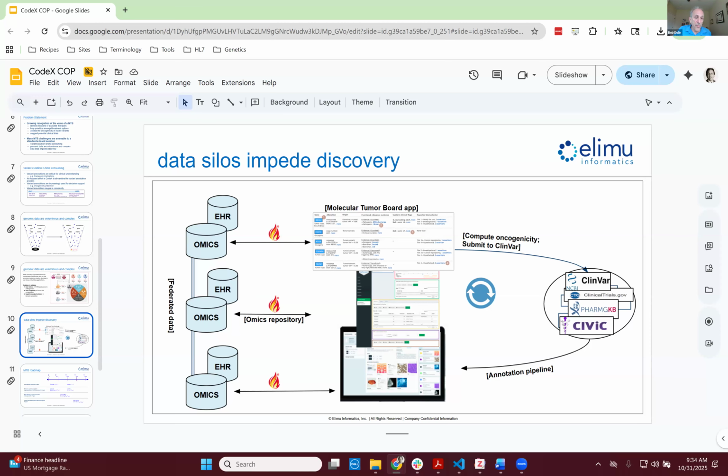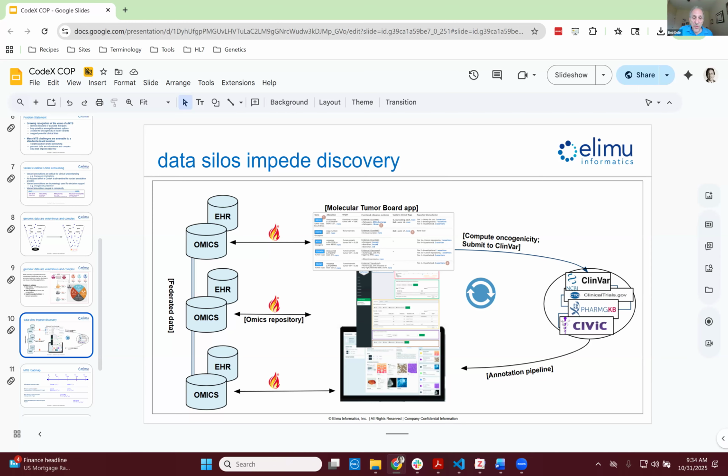molecular tumor board. Not only that, a lot of these omics repositories, and we've, for instance, experimented with omics repositories built on Amazon's Health Omics platform. It's quite possible to build omics repositories that are federated. So given proper security and clearance, it's now theoretically possible and demonstrably possible in our proof of concept work that